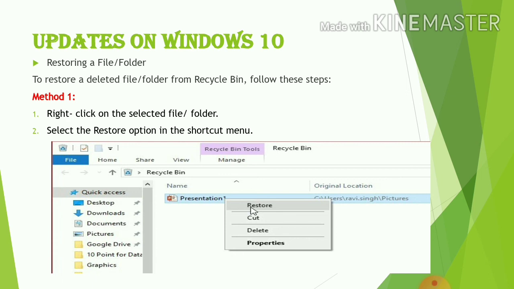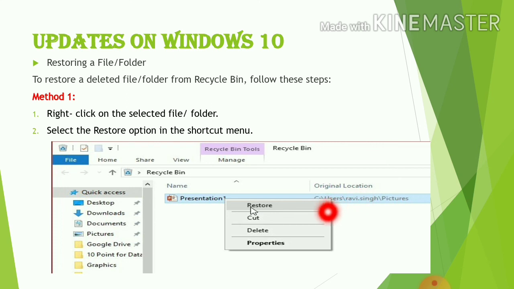So first of all, to restore a deleted file and folder from the recycle bin, follow these steps. There are two methods. The first method is right click on the selected file and folder. You have to select any file and folder like this and then right click on the selected file and folder. Then select the restore option like this.